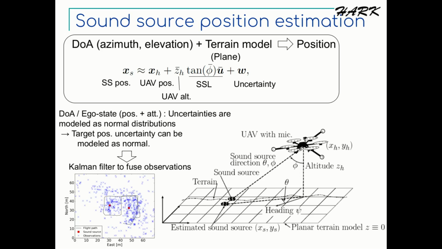To this end, we assume that the source is on the terrain that could be modeled as a flat plane. As the drone has its altimeter to measure the height from the terrain, the source position can be estimated as the point intersecting the direction of arrival of the sound source with the terrain. Giving some simple assumptions, we can have a linearized observation model for the position of the sound source on the ground, and the uncertainty by the direction of arrival and also the drone pose itself can be considered as random variables that follow normal distributions.